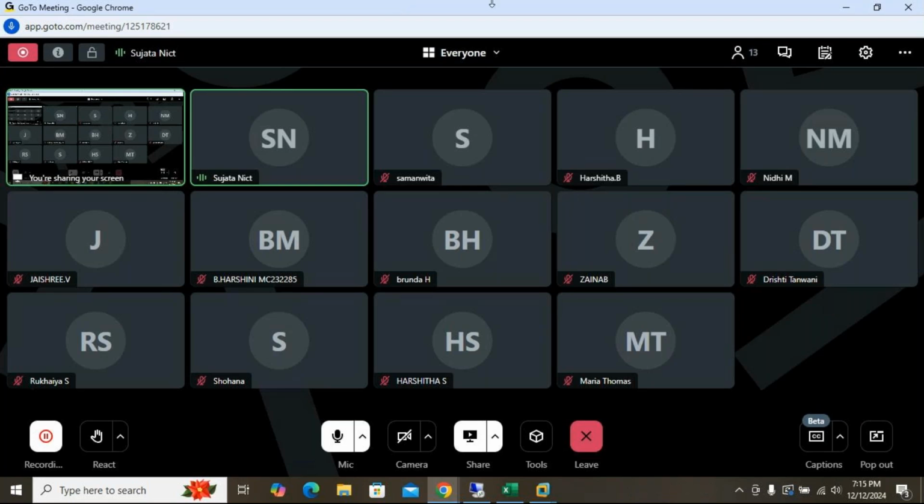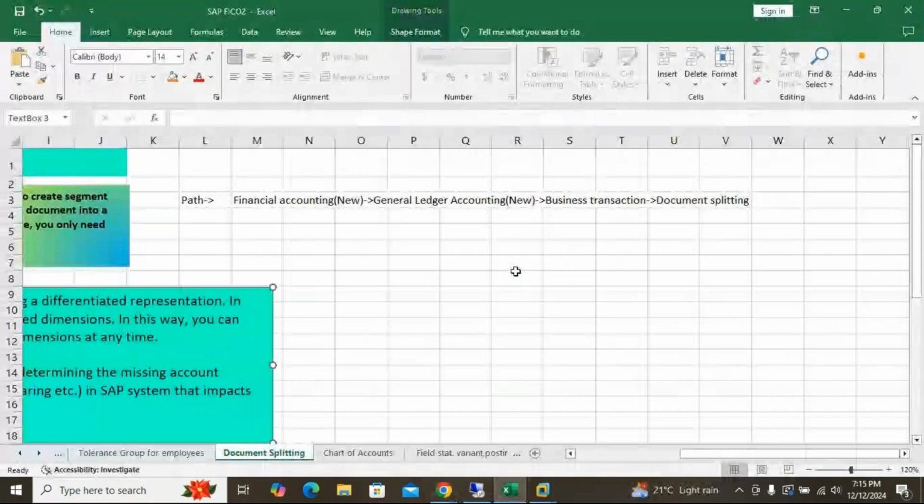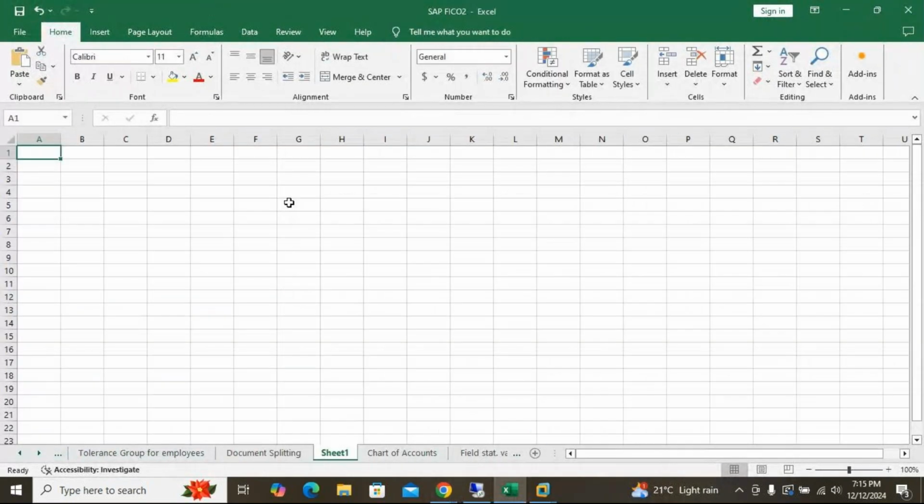Let's start. I'll make a note of it step by step, so you students will remember. Okay, let's take one new sheet. First is enterprise structure. Okay, let's start with that, so you will be clear what we have done. Enterprise structures. So first is define company.